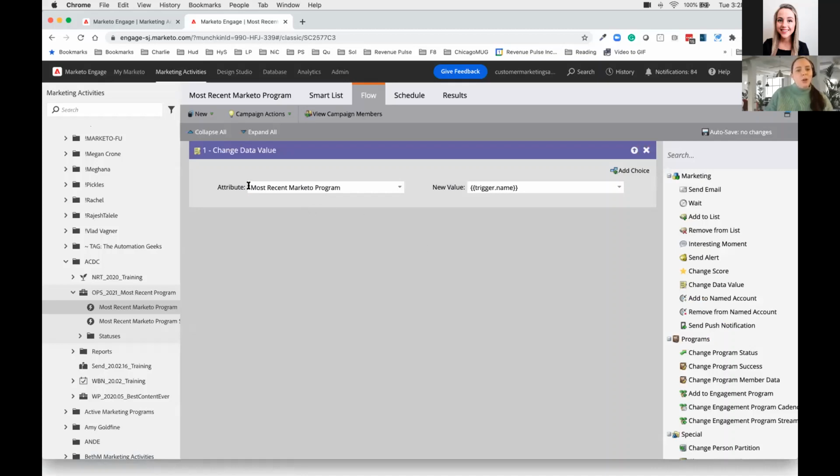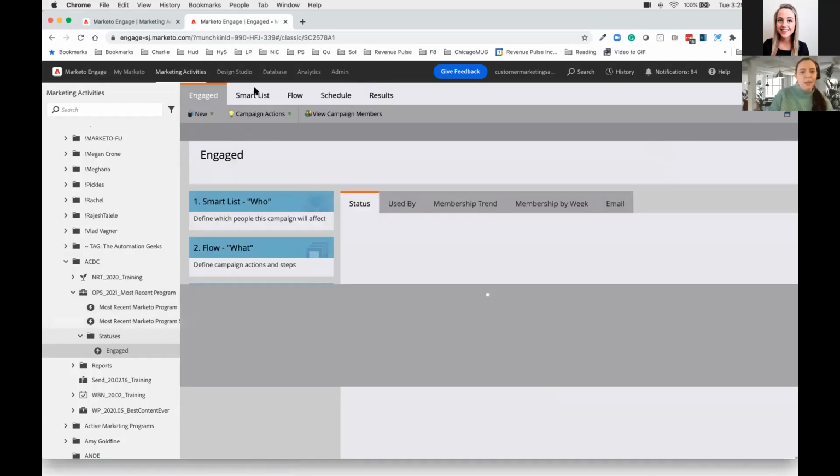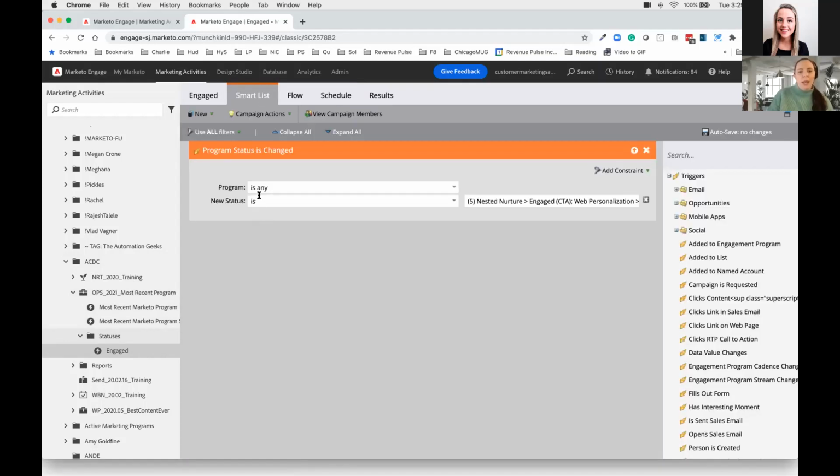So in here, we're going to put most recent Marketo program, which is a field that I created just inside of Marketo for this process. Usually I like to have this in SFCC rolling down. And then trigger.name. What this is going to yield for us is the actual name of the Marketo program that caused that status change. Now from here, I can do a couple of things. I've created a single one, but usually I have like 10 to 12, depending on the number of success statuses I have in here, where I'm pulling in a temp status.